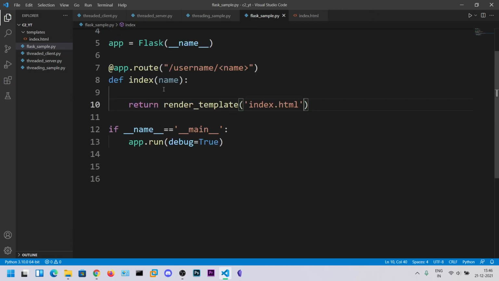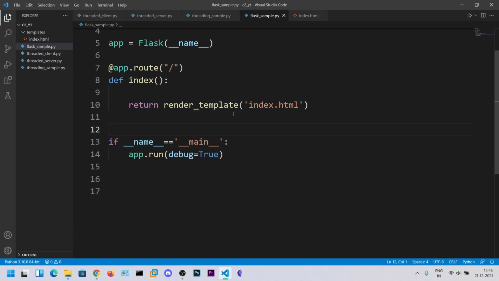First let's see how it renders. Whenever we go to this page, it goes to index.html and renders it using the Jinja2 template engine. These template engines are used for dynamic content, and we'll see that in a few minutes.